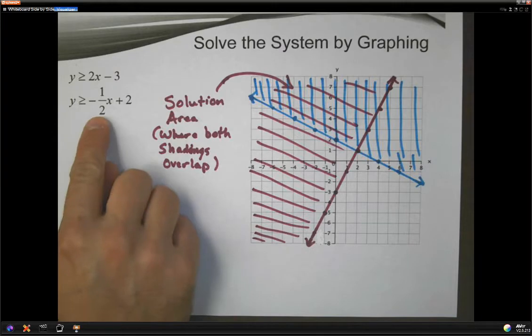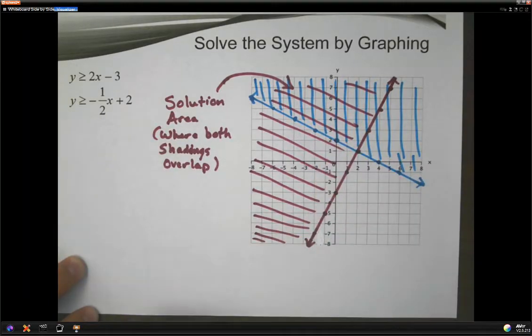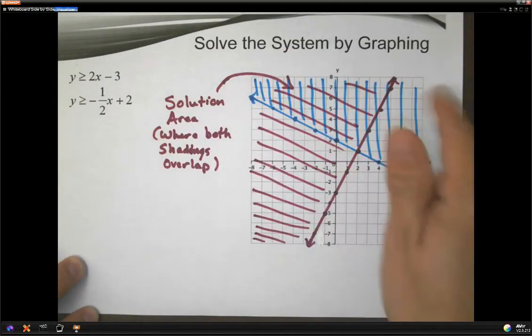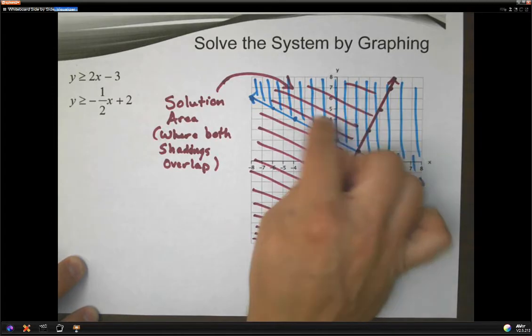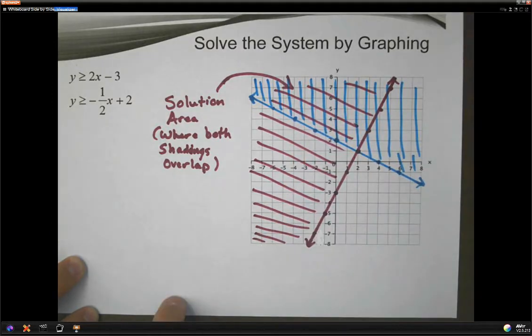So again, then I do the second one, starts at +2, you want to go down and over, and then again equal to, so a solid line, and it's a greater than, so everything above. Now again, remember our final solution area is truly this area right here where both shadings overlap. Okay, so if you missed any part of that,